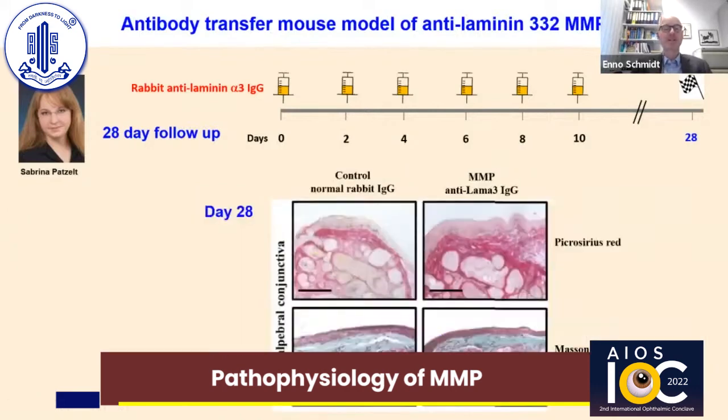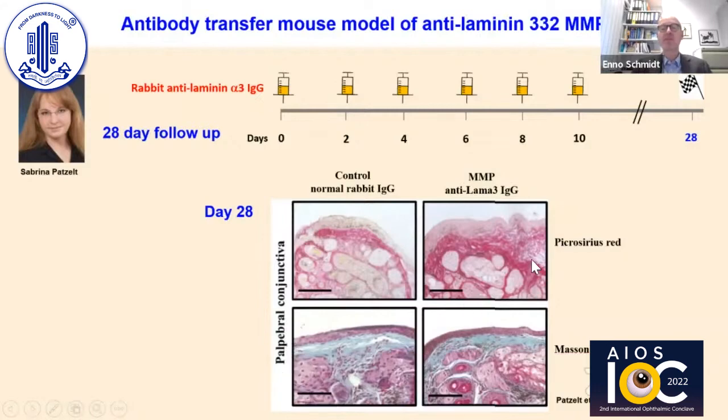Interestingly, Dr. Patzel also investigated fibrosis. She could see on day 28 at the palpebral conjunctiva increased fibrosis, not only in the picrosirius red staining, but also in the Masson's trichrome staining. You can see that clearly in the mucous membrane pemphigoid mice compared to the mice that were injected with control